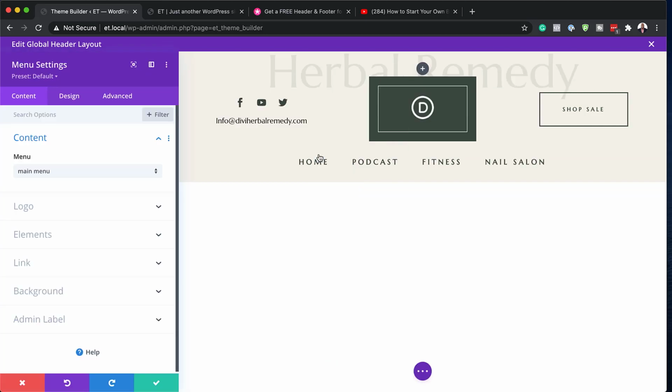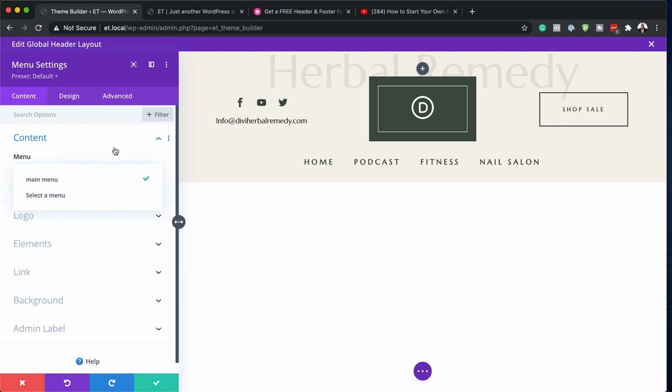So if you click here on this gear icon, this is going to take us to our menu settings, and this is where you need to assign your menu. So you need to have created your menu first before you can select it here on the drop down. Okay, so once you've added your menu, this will add all the pages that you've added to your menu, and